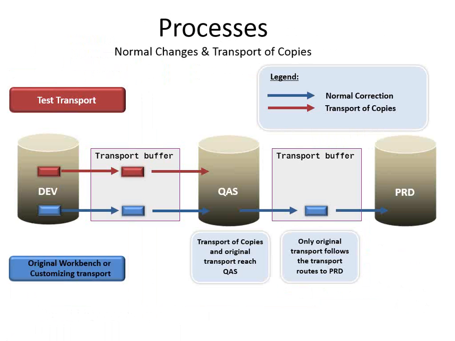The transport will be moving from development to QA and QA to production, but the behavior will be changed. Only the transport buffer. The transport buffer means, like, object one. The parent transport will be unreleased in development, and only the object will be moving into the QA